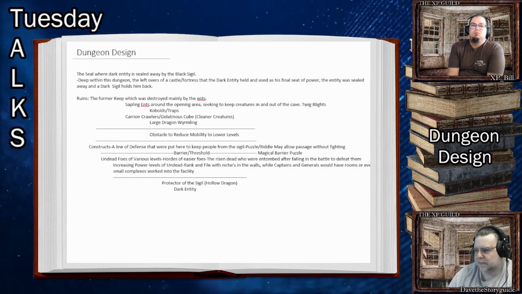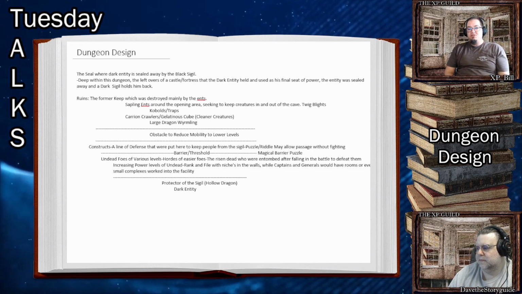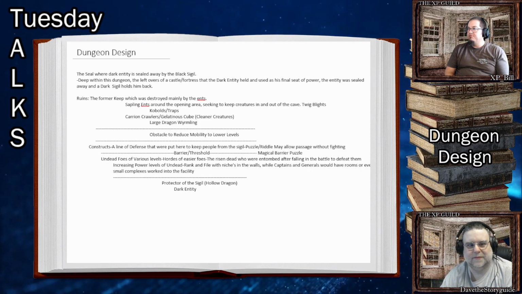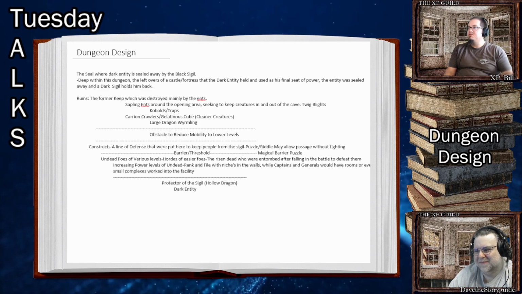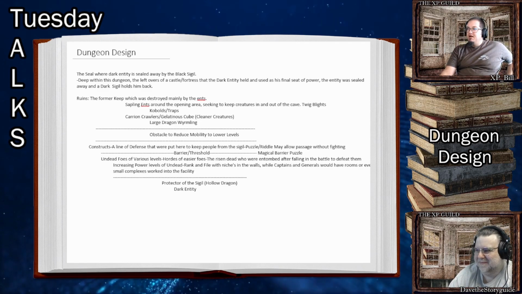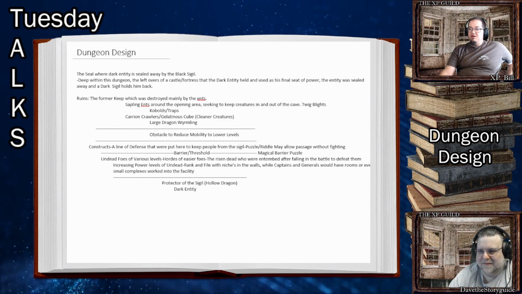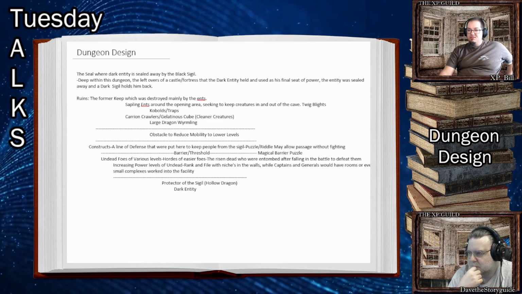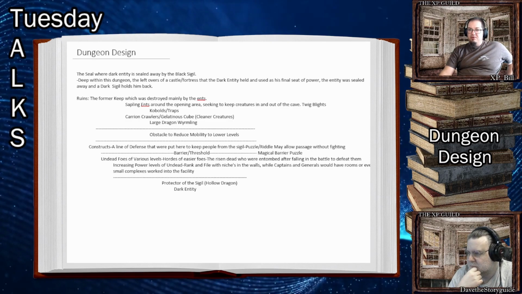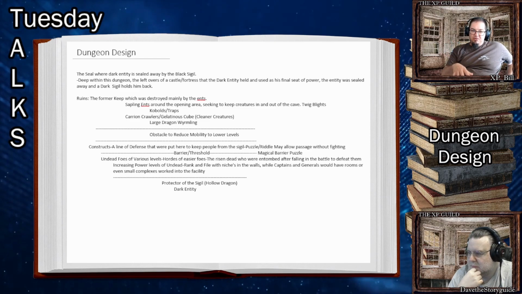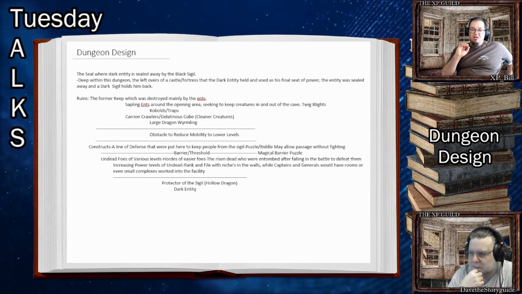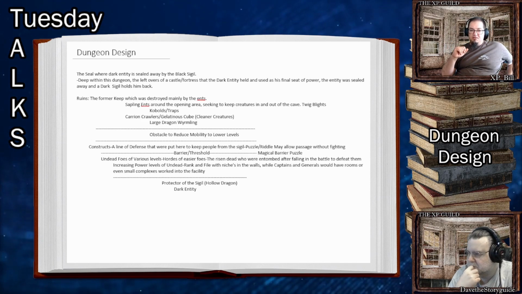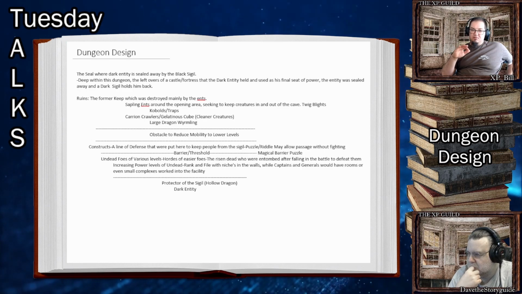So yeah, I think that's generally where we will probably call it, because we've gone long today for our normal, but it's been a good session. We've had some great things come up. So this is just a general layout of how we would design perhaps this dungeon, how we would come up with what it would generally look like, some little notes, and then all you would have to do is fill in what you want them to be, and perhaps draw it out, which I think, with this information,